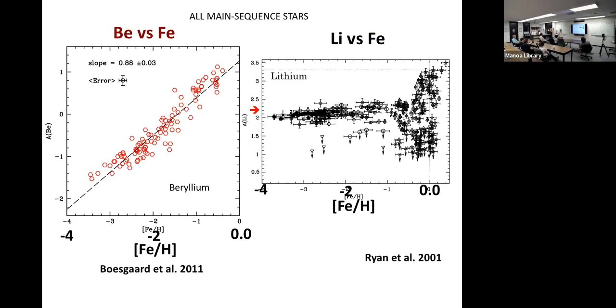Okay. So this is what I showed you, beryllium versus iron. This is what lithium looks like. It doesn't go up like that because it has this primordial component to it. And then it starts building up above that around -1. But there's a very different background because lithium is formed in the Big Bang and persists,